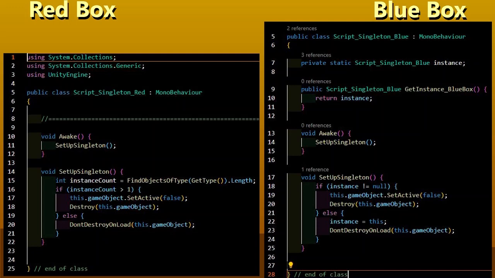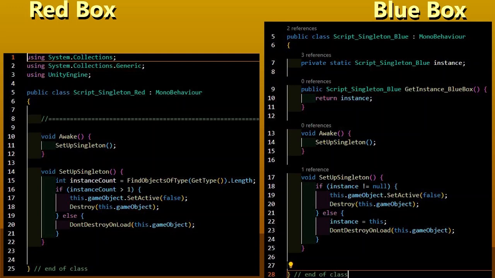First we deactivate it, and then we destroy it. But in the other case, the instance is null because there was no blue box before, so this variable is empty. And now we go ahead and set this instance to be this instance from this class. So we're setting it, and then we are marking it don't destroy on load, and we have ourselves a singleton.